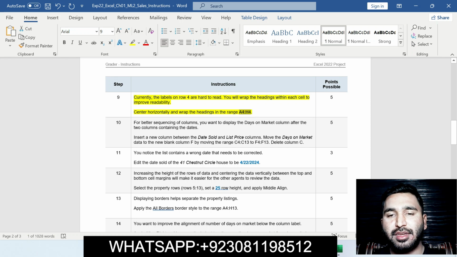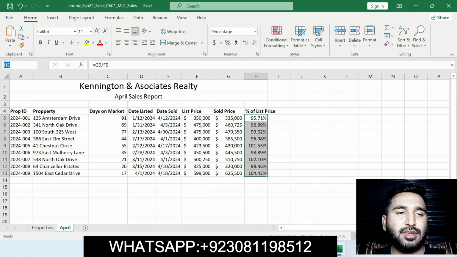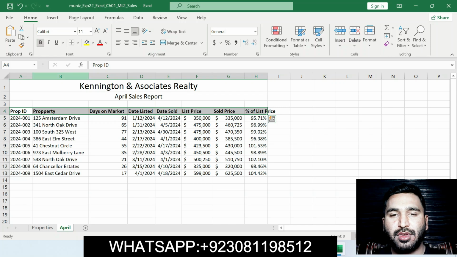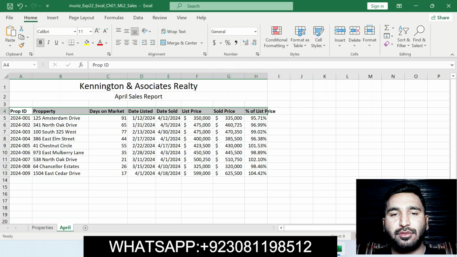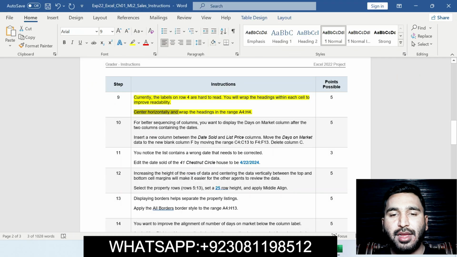You can select this range and, moving on to the Excel workbook, enter this range in the range area. Okay, and then center horizontally. Go to the alignment tab. Here is the alignment tab, and here is center horizontally. You will click on center horizontally, and it will be centered horizontally, and then wrap the headings on the range A4